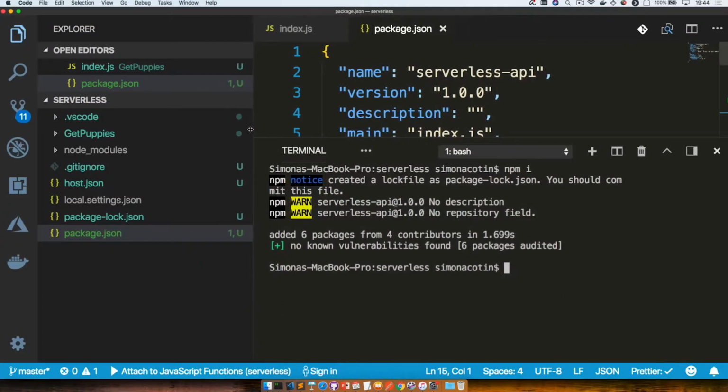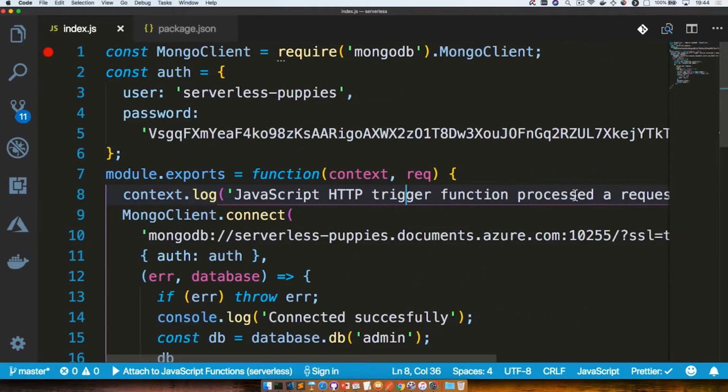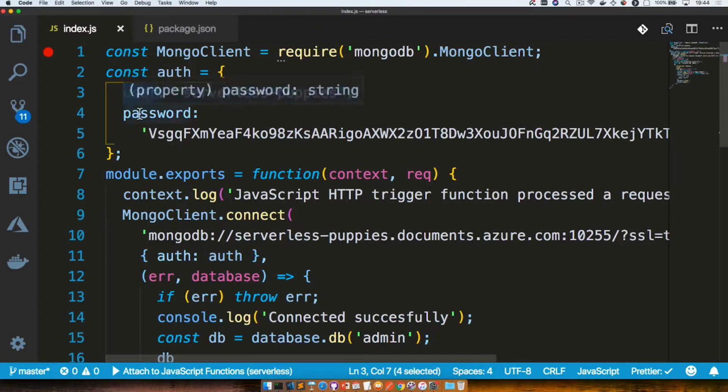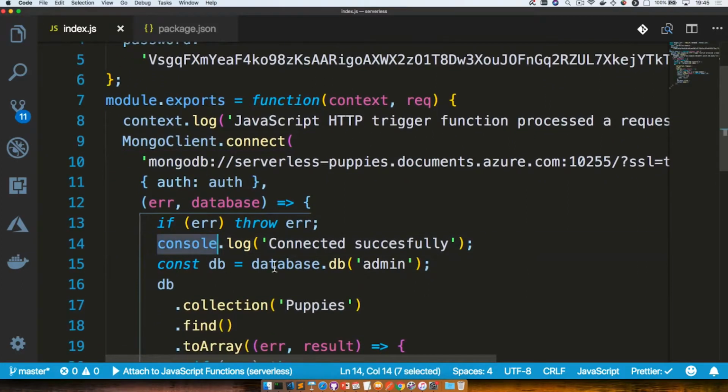Okay, so we have a dependency. We have installed our dependencies, and if we go back to our code, I have here an authentication object that I use to connect to the MongoDB package. So I'm exposing here all of my secrets. The user that I use to connect to Cosmos DB, the password, the key that I can get from the Cosmos DB database from the portal, and then I'm also connecting to the URL of the database,